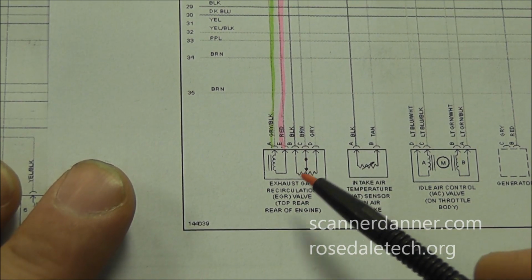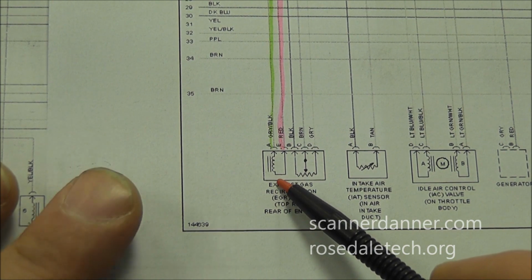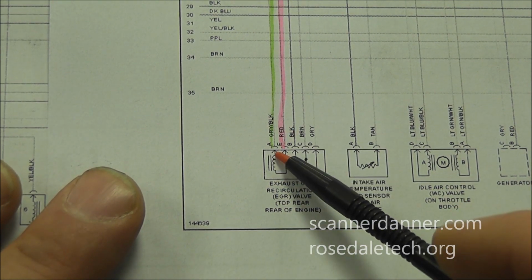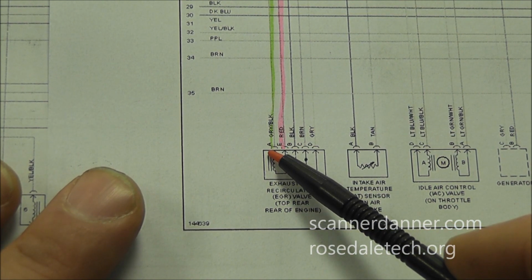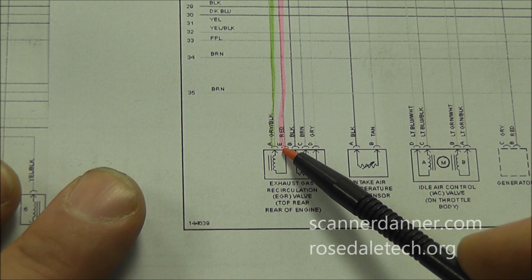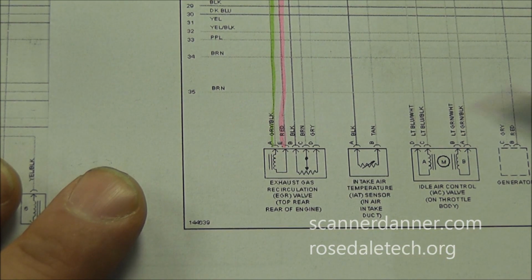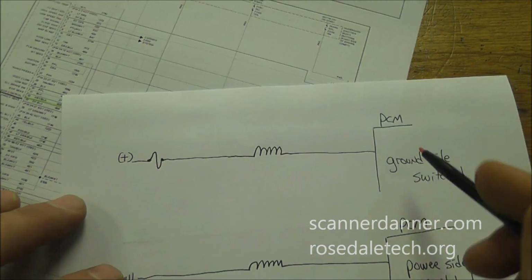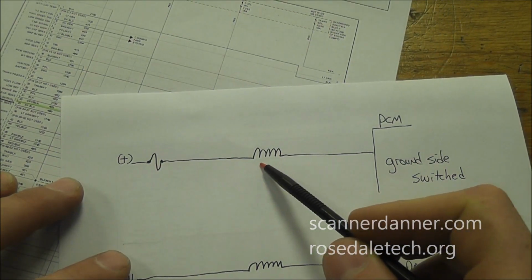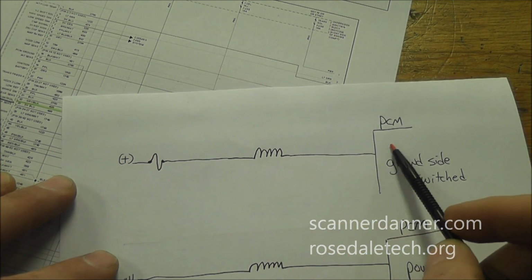And one of the things that I've told you guys in section 3 of my book is to look at the solenoid and follow the wire that doesn't go to the computer, and that will tell you what circuit design it is, whether or not it's power or ground side control. To give you a little bit of an example of that, I just drew just a quick picture on here,